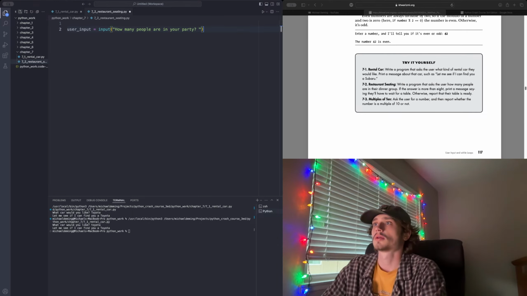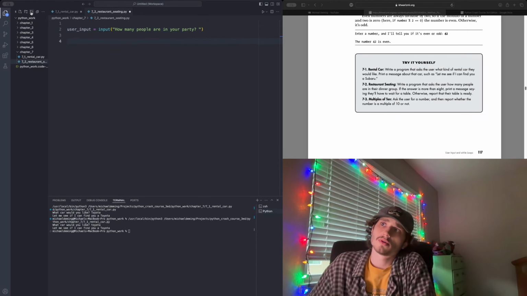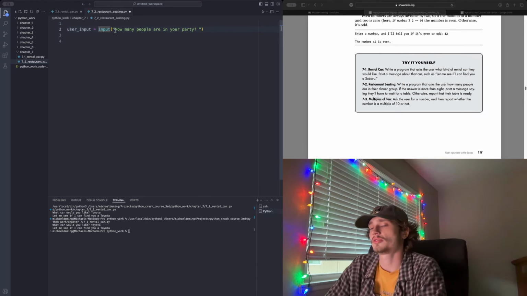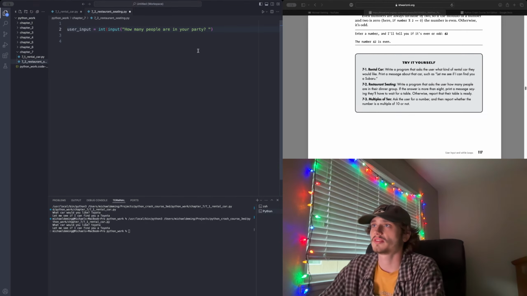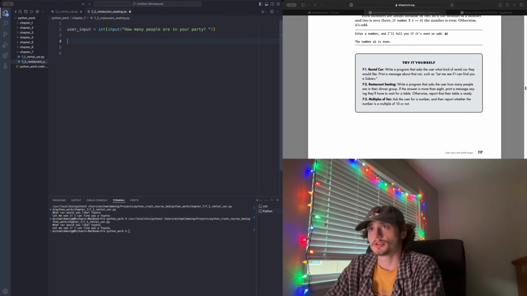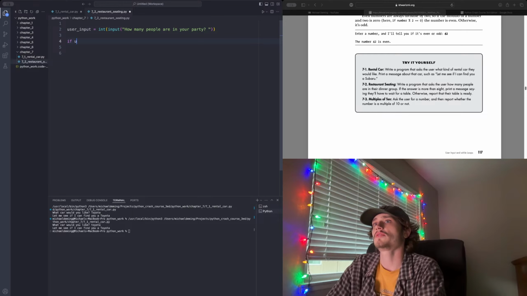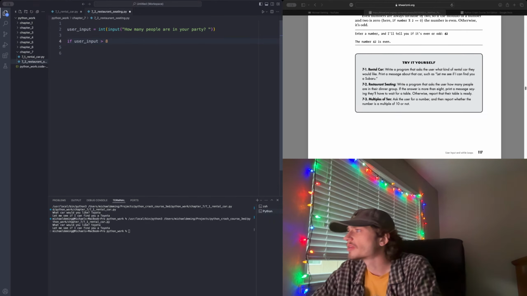Okay, so they're going to send back a string, and we're going to actually compare the string to numbers, so we need to convert it to an integer. And so next on our list of things to do, if the answer is more than 8, if user input is greater than 8,